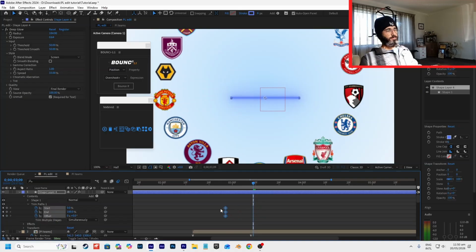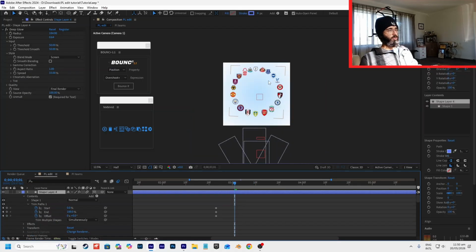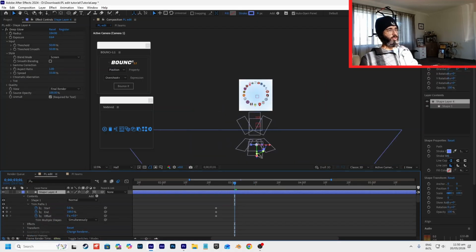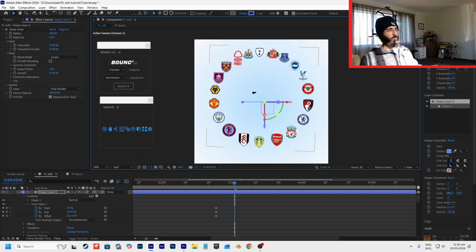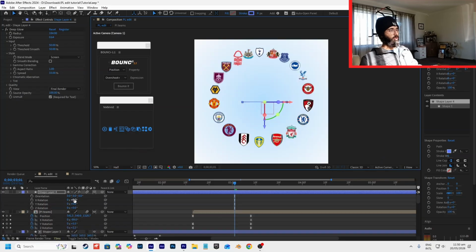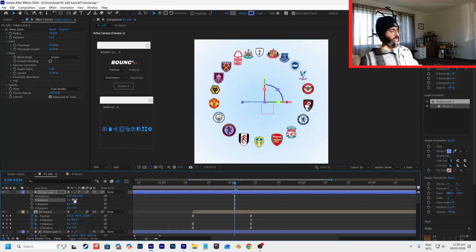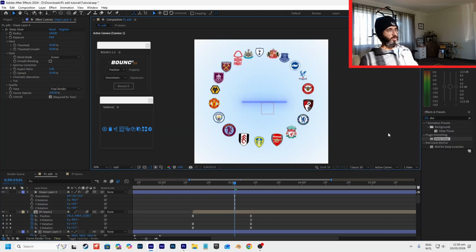Keyframe everything. Don't forget to make this 3D as well because we're going to add a little bit of camera movement afterwards. And then bring it back to where it was. Obviously it's going to need a rotation of -90 to make it